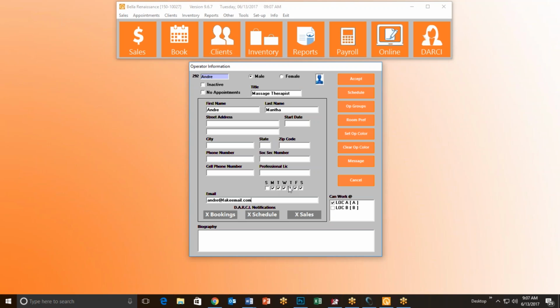Now, the next thing that we want to focus on are the days of the week here, starting Sunday through Saturday. Every day of the week that is checked is a day that Andre can work. If it is unchecked, he cannot work that day, okay? So I'm going to go ahead and leave it here, but you could certainly uncheck some of these if he doesn't work those days. And so I'm going to say that Andre works Monday through Saturday, and now I can